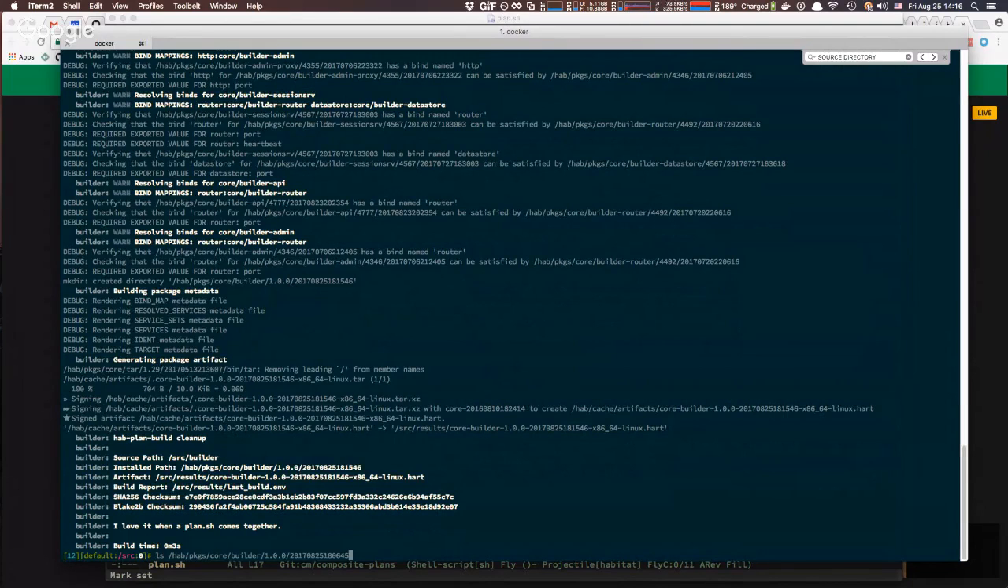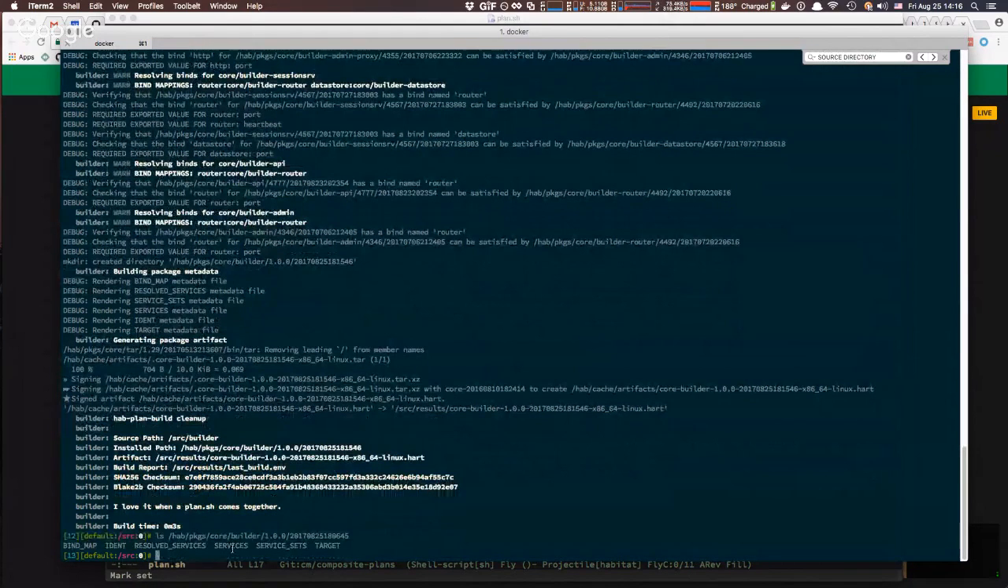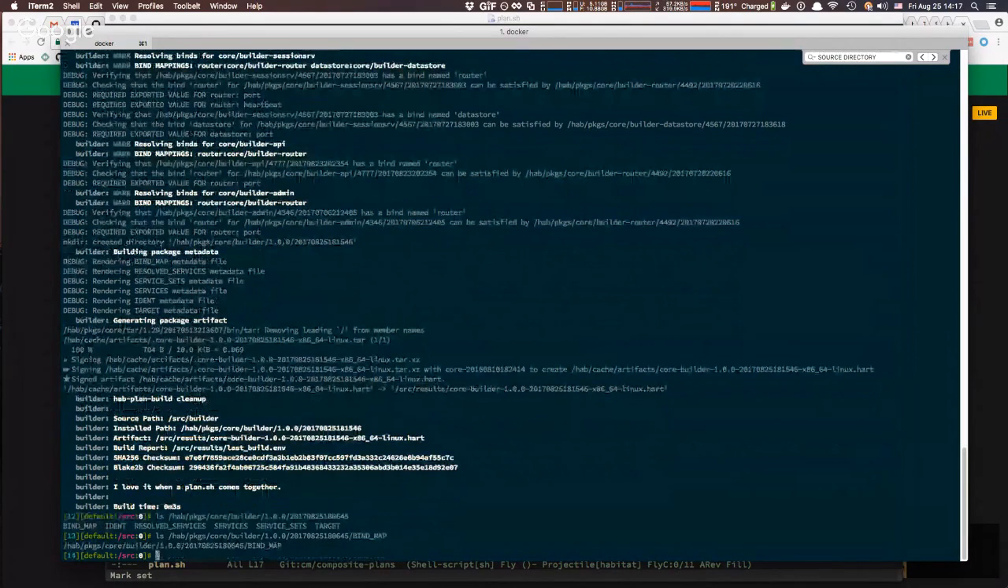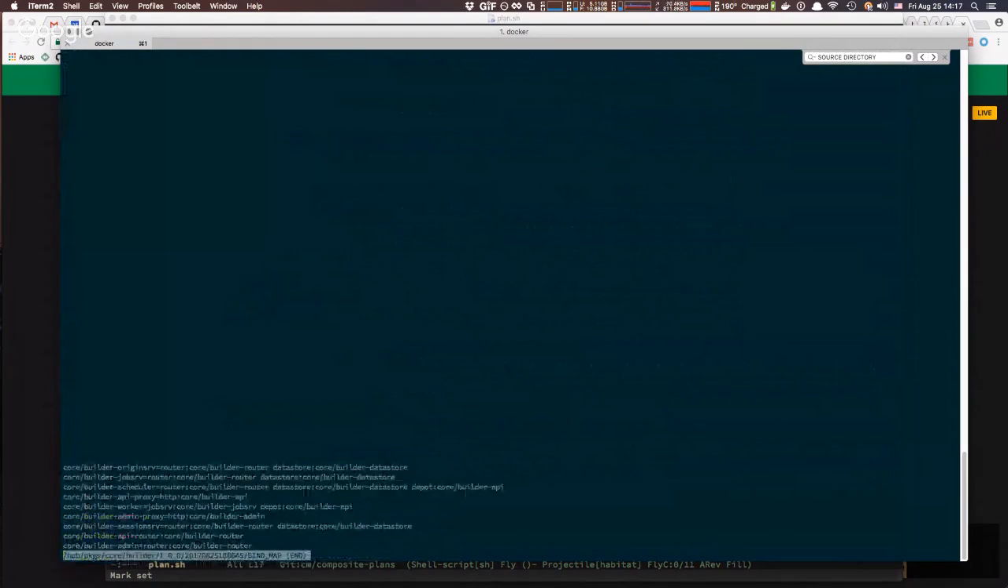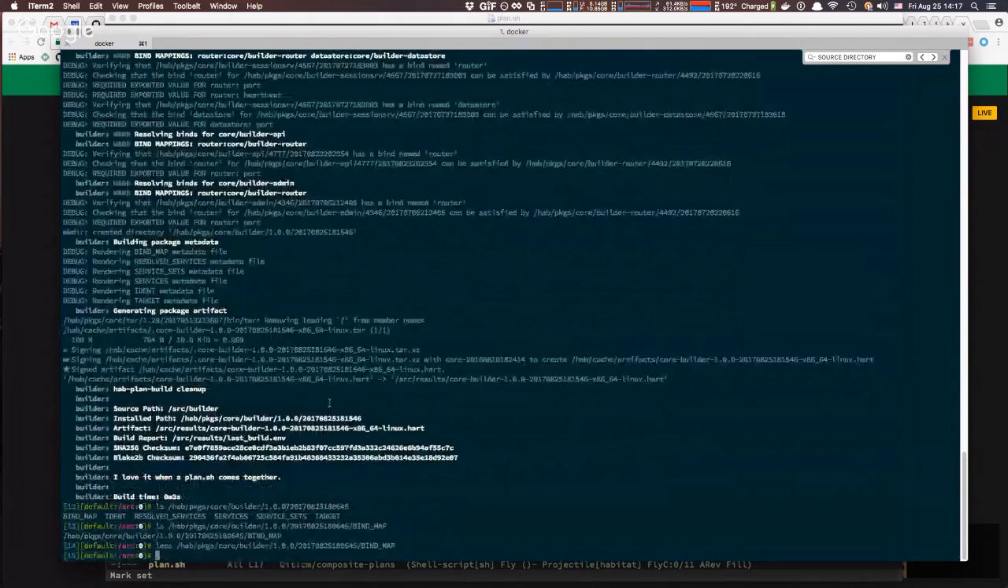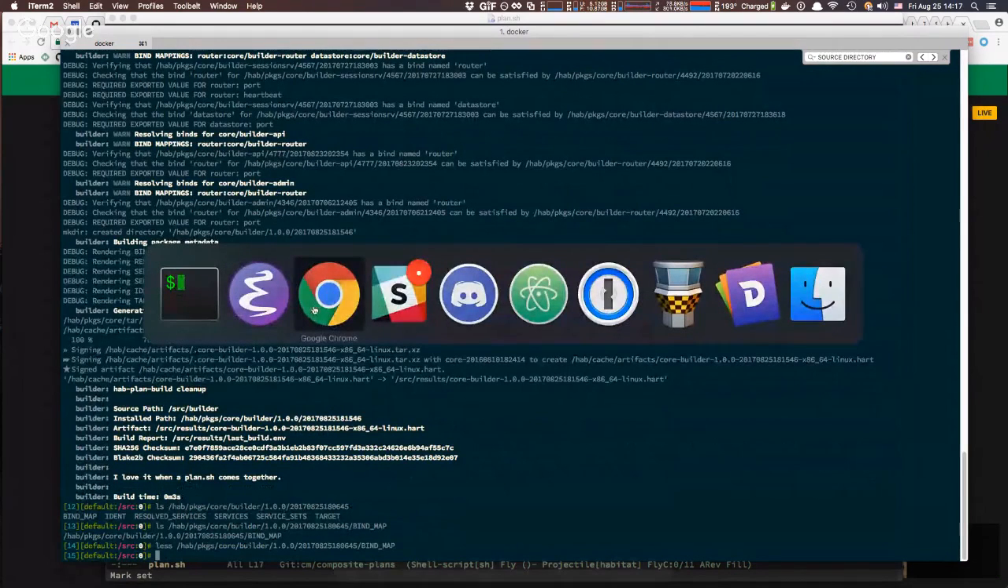Right now, the packages are basically just collections of metadata. Once we've validated everything, we render it out into metadata files, just like in a normal Habitat package. And the next thing I'll be working on is taking this and,